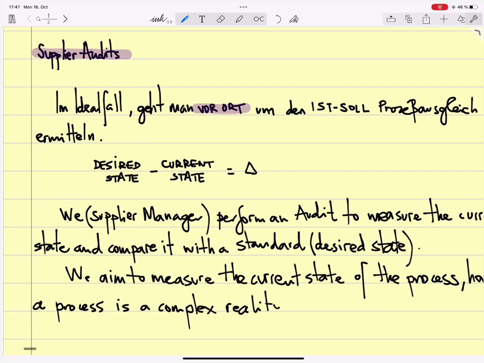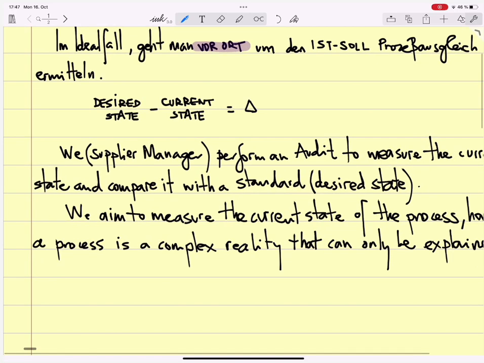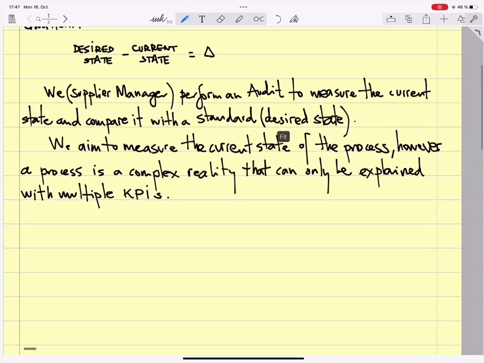I mentioned this already the first day, okay? That can only be explained with multiple KPIs. So if you have a process, let's say